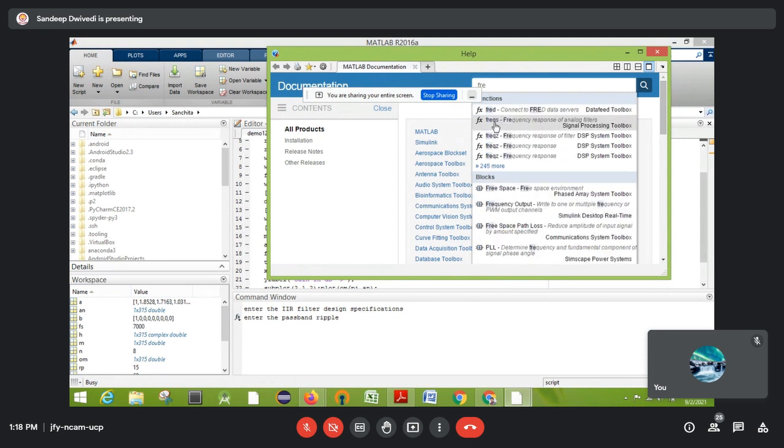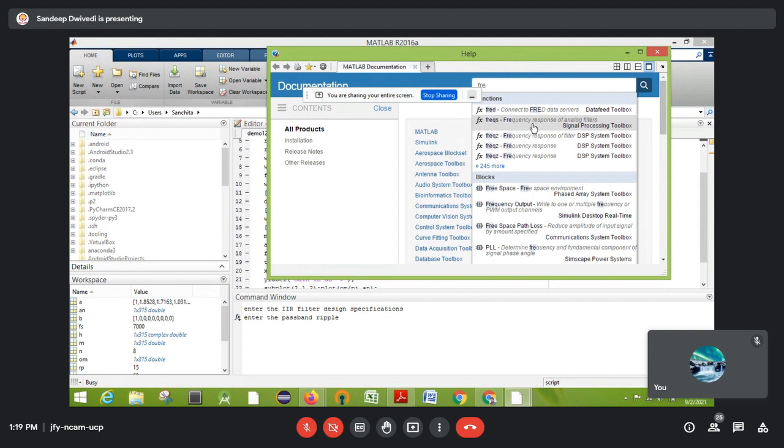See here, frequency response for analog filter, frequency response for DSP digital filter. So you can use these, no issue. These commands are there, and all the detailed information will be available.